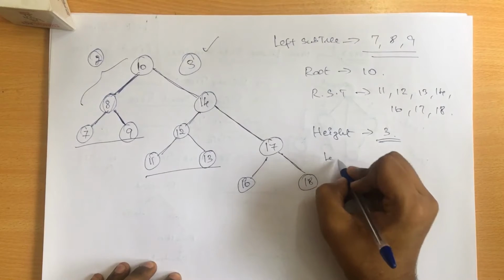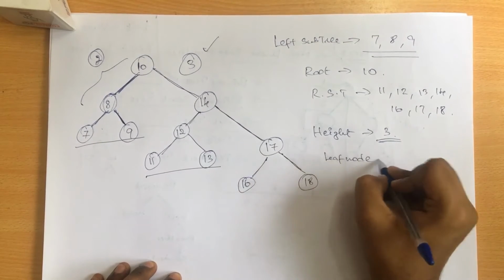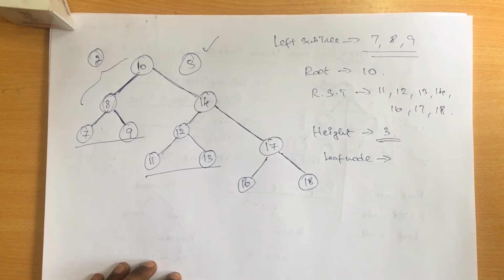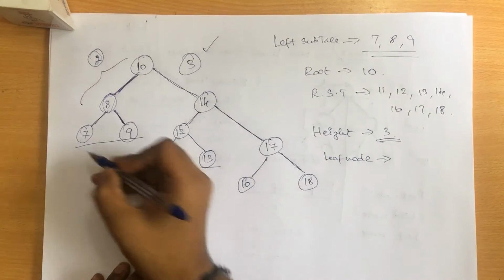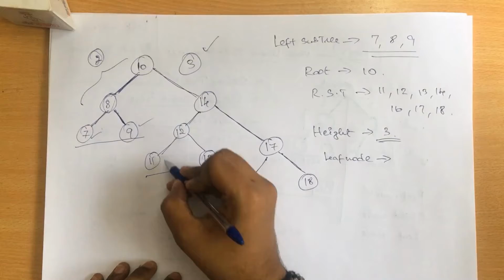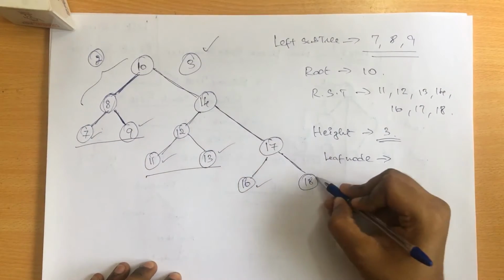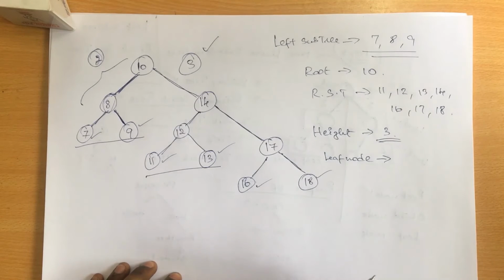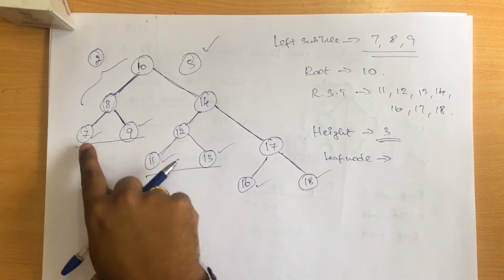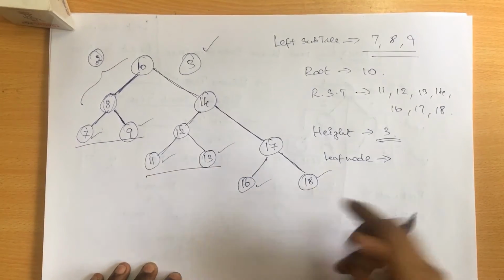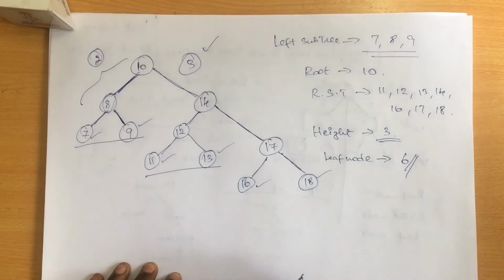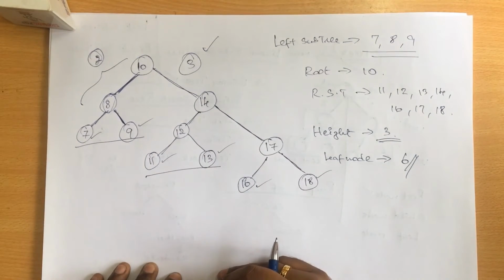And how many leaf nodes do we have? Right? So how many leaf nodes are there? A leaf node is nothing but a node without any children. So here I have 7, 9, 11, 13, 16 and 18. So these nodes are considered to be leaf nodes, where they don't have any children after that. So 7, 9, so 1, 2, 3, 4, 5 and 6. So we have 6 leaf nodes in this entire tree structure. So this is how we are calculating for that tree, right?